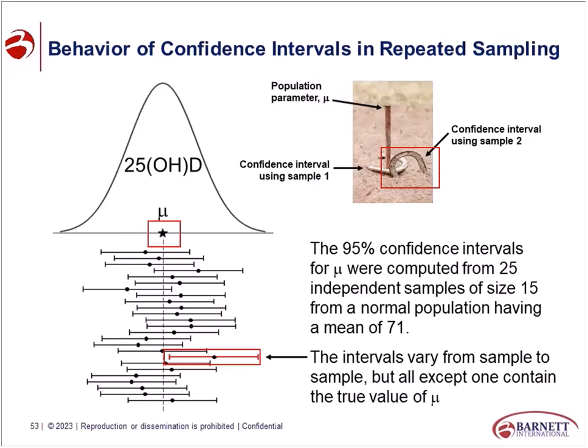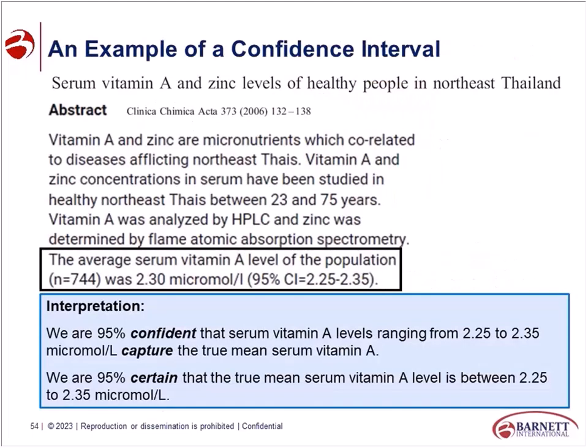Okay, as an example from literature. So if you're already reading literature, you would have encountered this phrase here. Okay, so here we have serum, very simple, serum vitamin A and zinc levels, healthy population northeast Thailand. And this phrase here, right? The average serum vitamin A level of the population. Okay, notice,